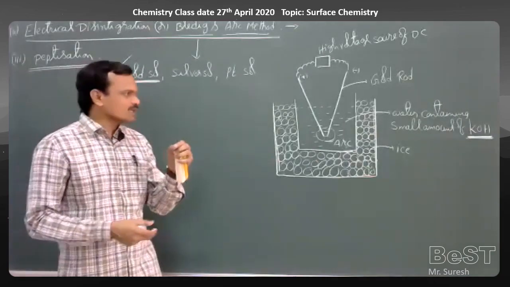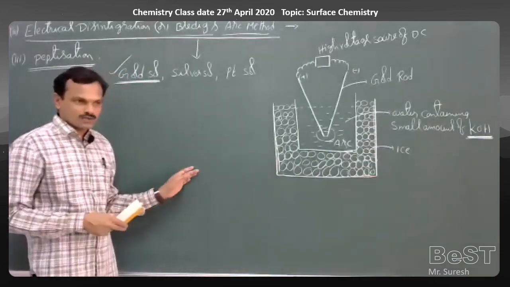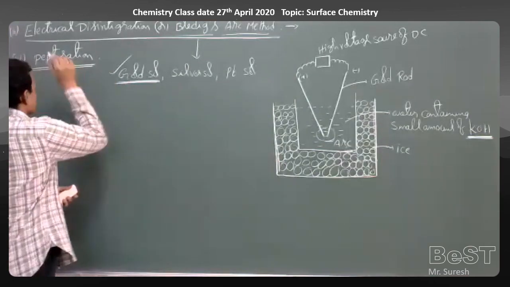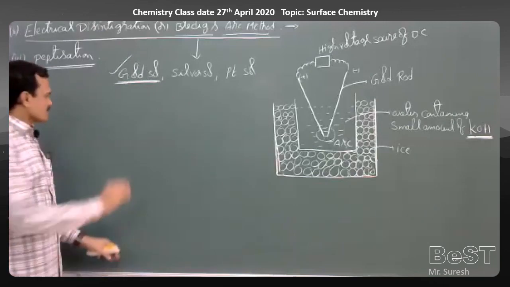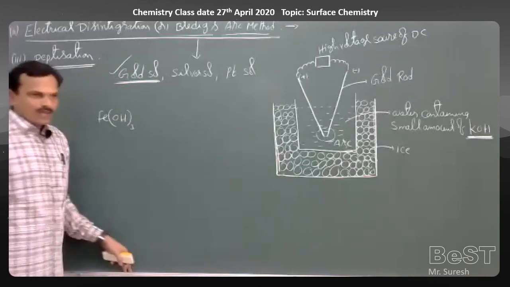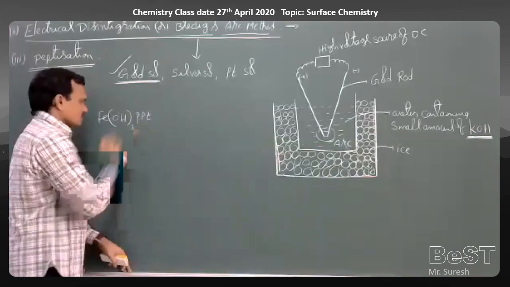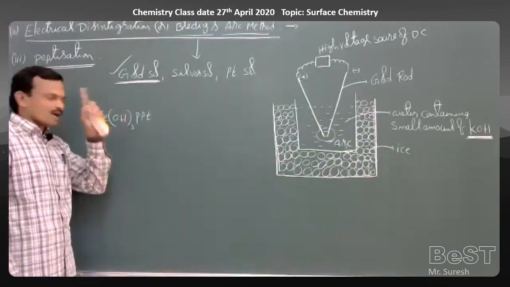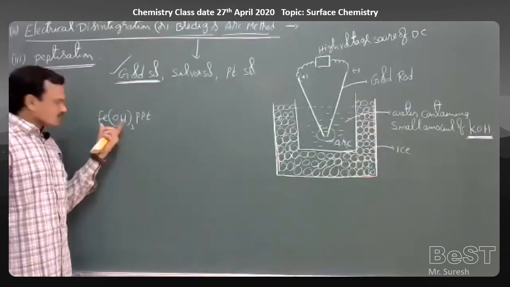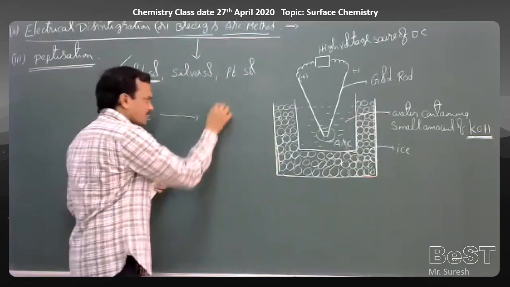During a reaction, a precipitate is formed, and that freshly prepared precipitate is converted to colloidal solution by adding a suitable electrolyte, and that process is called peptidization. For example, ferric hydroxide. A freshly prepared precipitate of ferric hydroxide is there. So this ferric hydroxide precipitate can be obtained from the salt solution of ferric salts. If we add sodium hydroxide, then ferric hydroxide gets precipitated, and this precipitate we can convert into colloid.